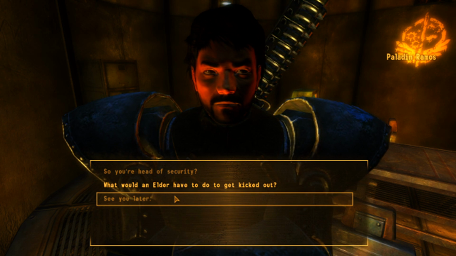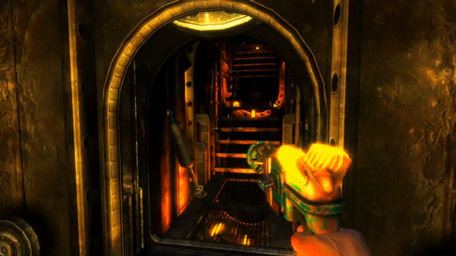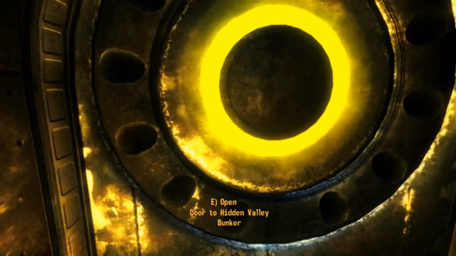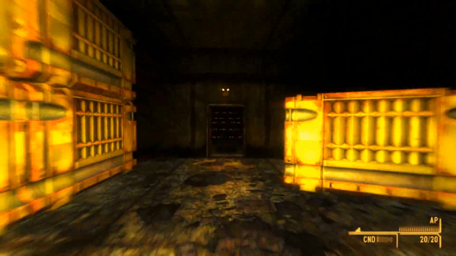Fine by me. That's all for now. Bye. Well, how subtle it is. What would an elder have to do to get kicked out? Hey yourself, kiddo. I also love how the elder tells me I'll have to remain under the care of Veronica. It's kind of the other way around, judging by her, but...